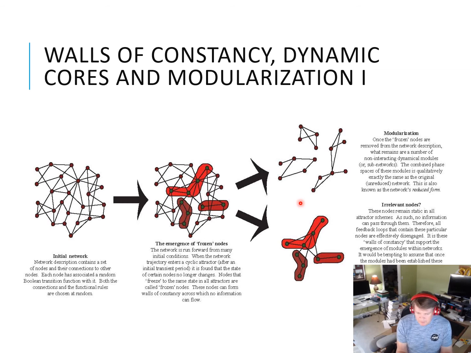You can imagine, if you have a system that is capable of doing anything, anytime, anywhere, what use is that to you? I mean, it has no focus. You need some kind of limitations to define the boundaries of a system, to define the focus, to define a function, something that it actually does. So this chart shows this here. We're going from the full network. We're seeing the emergence of frozen nodes, which cut off a number of the feedback loops, which leads to a number of independent modules that do a more limited set of computations.